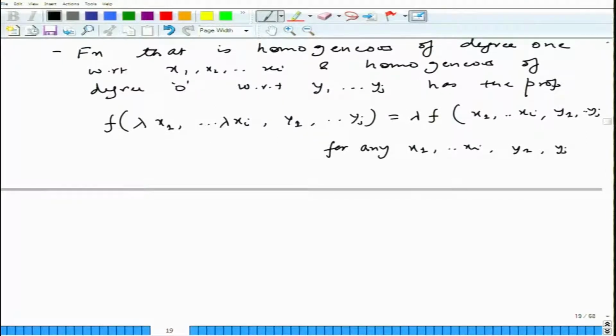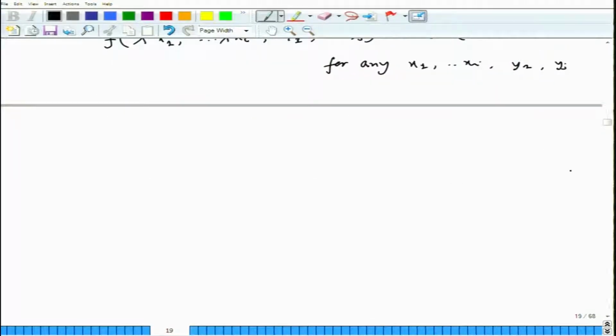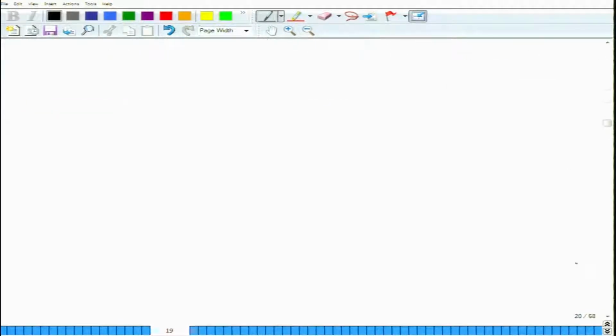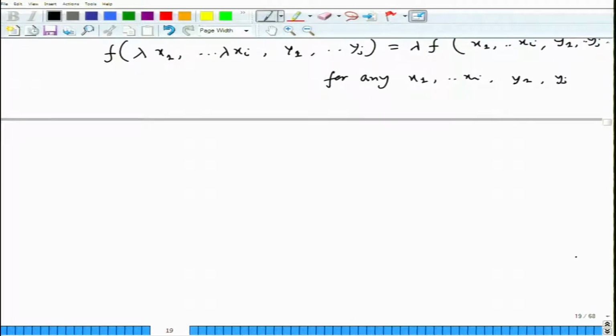Now, thermodynamic functions are homogeneous functions of degree 1 with respect to extensive variables and degree 0 with respect to intensive variables. So, this Euler theorem basically provides a link between a function and its derivative, and we are going to prove that. Okay, so let us consider again this function f,